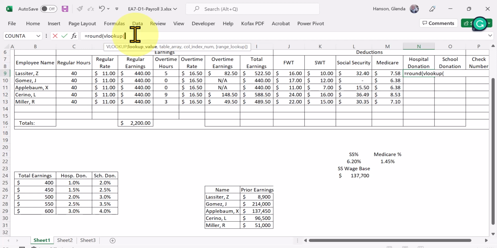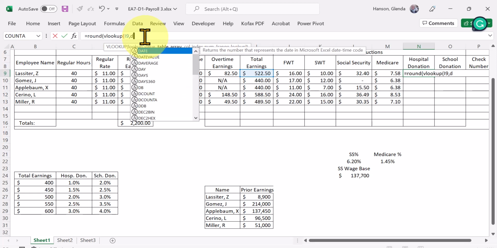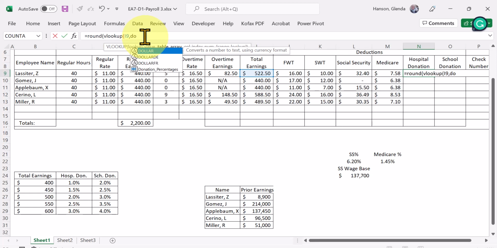Okay, so continue with the formula by typing I9, shift I9, comma, DO, donation percentages, comma, 2, close paren,